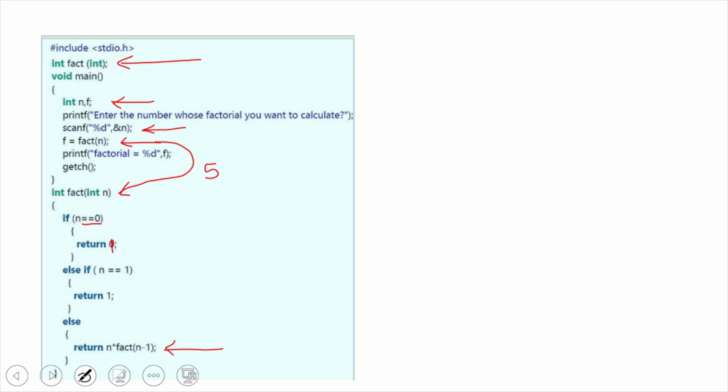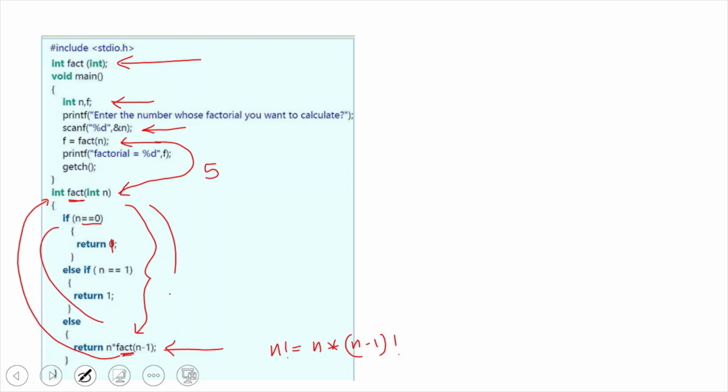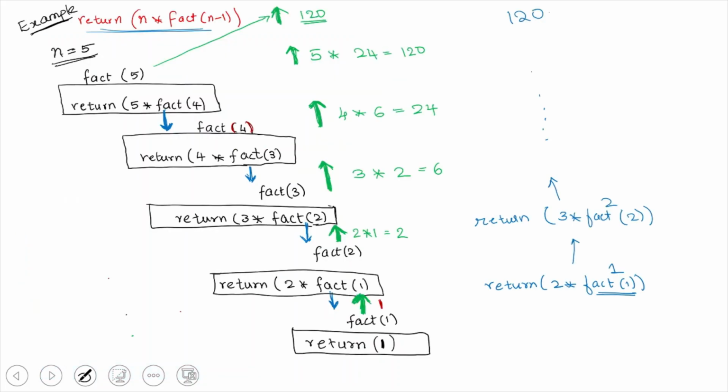So this is where recursion is going to come. We saw that n factorial is equal to n star n minus 1 factorial. That is what is written here, and this fact means that the function called fact is called again. So when it reaches here, it will call the function factorial again, and then it is going to check if that number falls into any of these categories. Again factorial is called and it keeps on calling as a loop till n is equal to 1 is encountered. So this is the example of factorial.